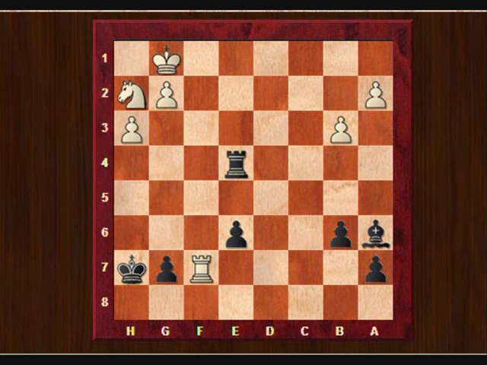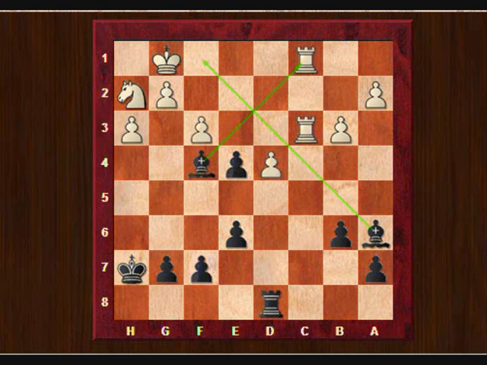I'll go back to the position after bishop f4. What he did is he played the very, well, let's say, natural looking move, in the sense that we learn to keep our rooks on the open file. So he played rook to c2, and here I played rook takes d4, and now he's in very big trouble,